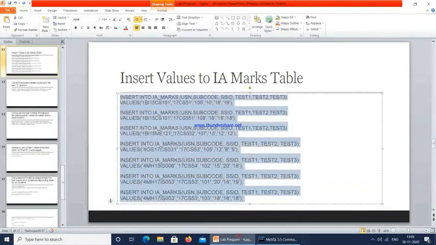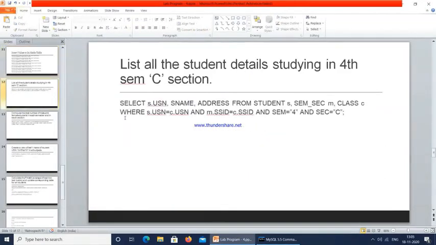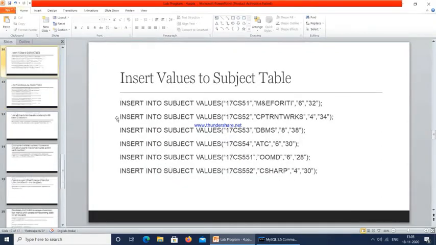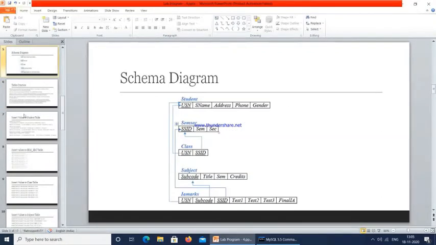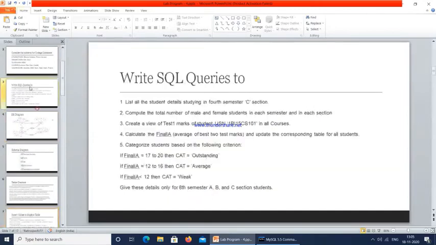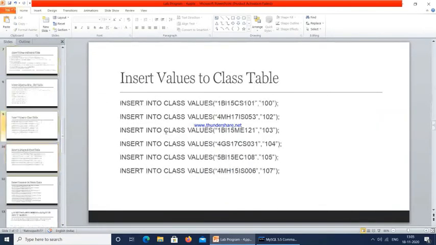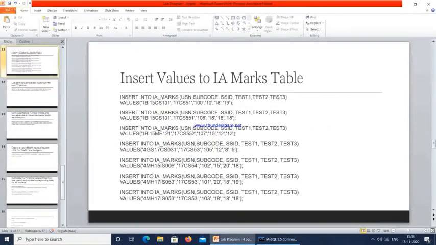So next, we have done with insertion of all the data. So next we will go to the queries. So these are all the queries which the student has to execute based on the external. The external will ask you some questions or queries that are already defined in your syllabus, or they can ask some other query also. So first query we will take.